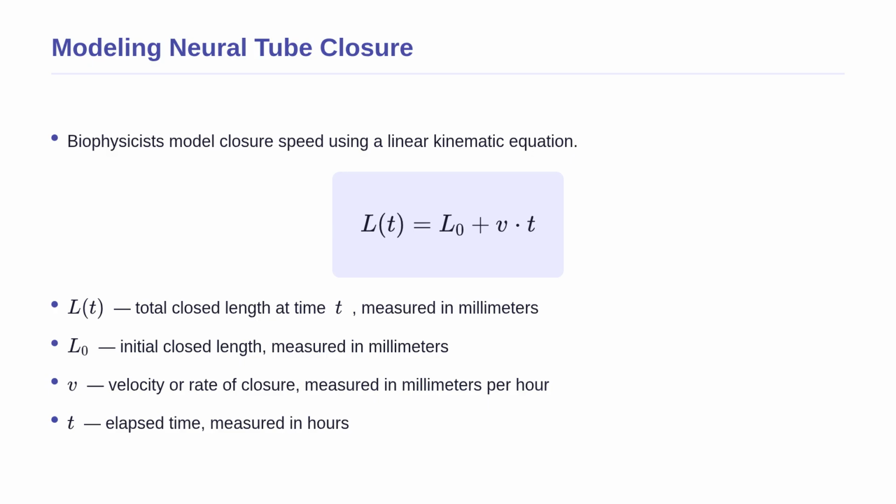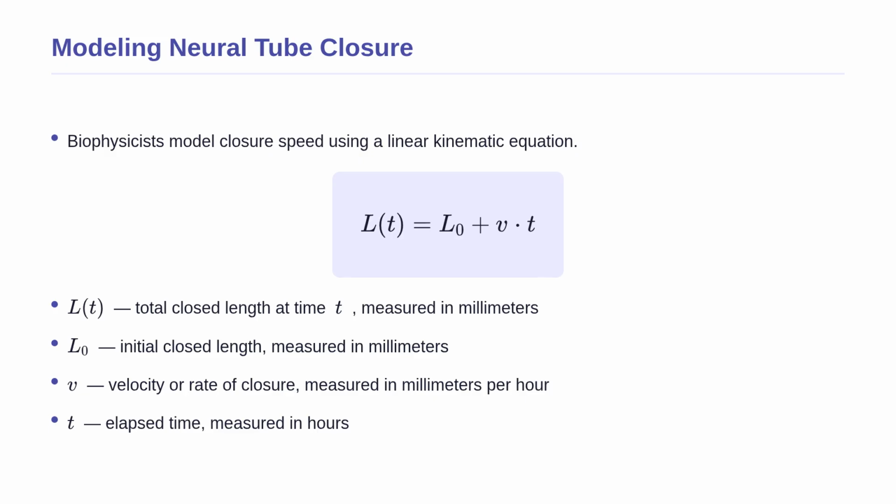Now that we understand the biology and importance of neurulation, let us look at how scientists study it mathematically. While neurulation is a biological event, biophysicists use mathematical models to understand the speed of this folding process. Just like a physical zipper, the neural tube closes at a specific, measurable speed. We can represent this zipping process using a simple linear kinematic equation. L of t